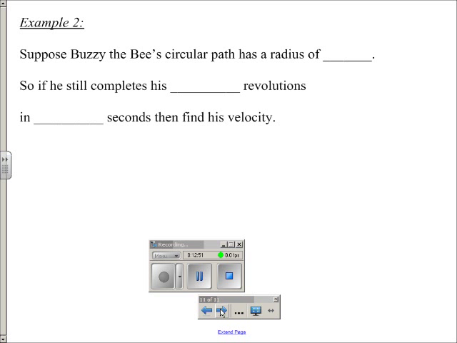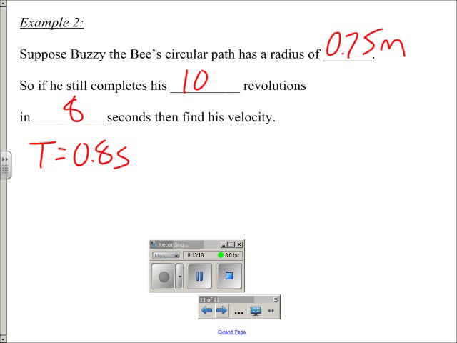So let's suppose that Buzzy the bee, his circular path that he was spinning around on, which incidentally is the length of the string, please make sure you understand that, had a radius of, I don't know, let's go with maybe 0.75 meters. Okay? So what we'd figured out was that he completed 10 revolutions in 8 seconds. So we knew that his period was 0.8 seconds. We knew that his frequency was 1.25 hertz. So to find his velocity,